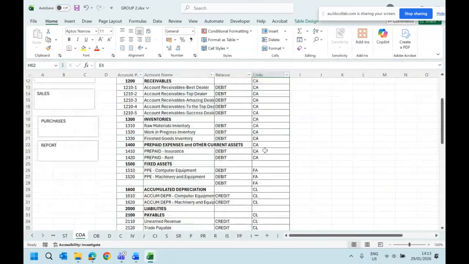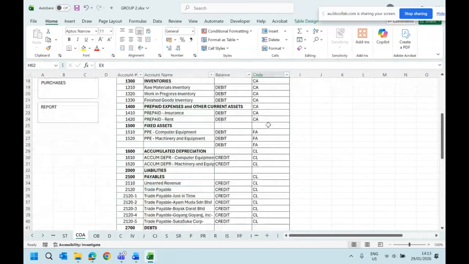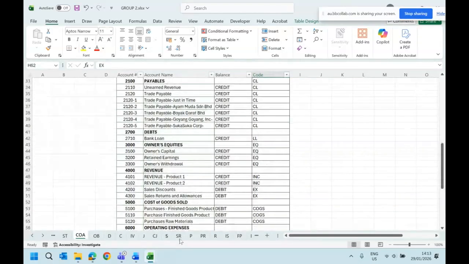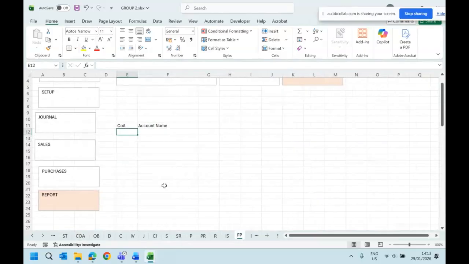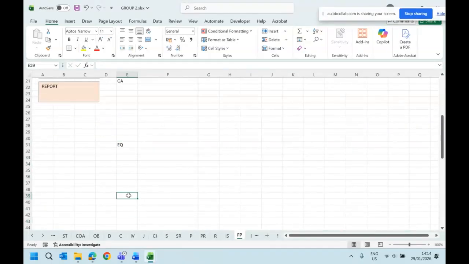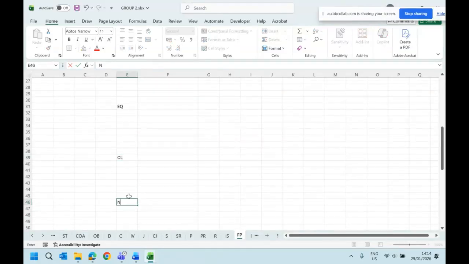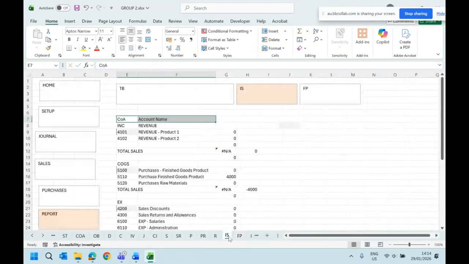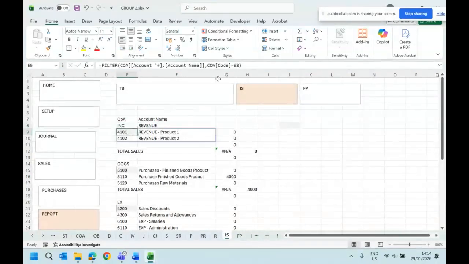So here you have current asset, fixed asset, CA, FA, CL. You have FA first, and then you will have your CA. Then you have your equity, current liability, non-current liability. So the formula, if you look at this one, the formula,